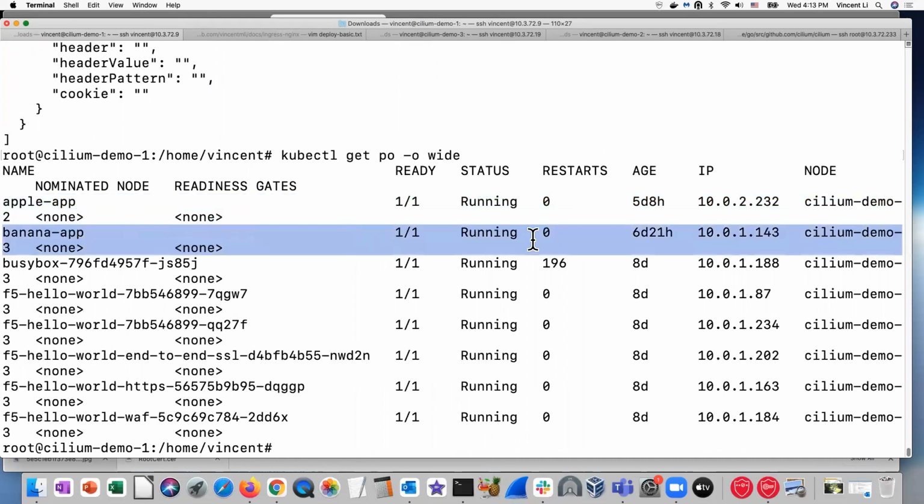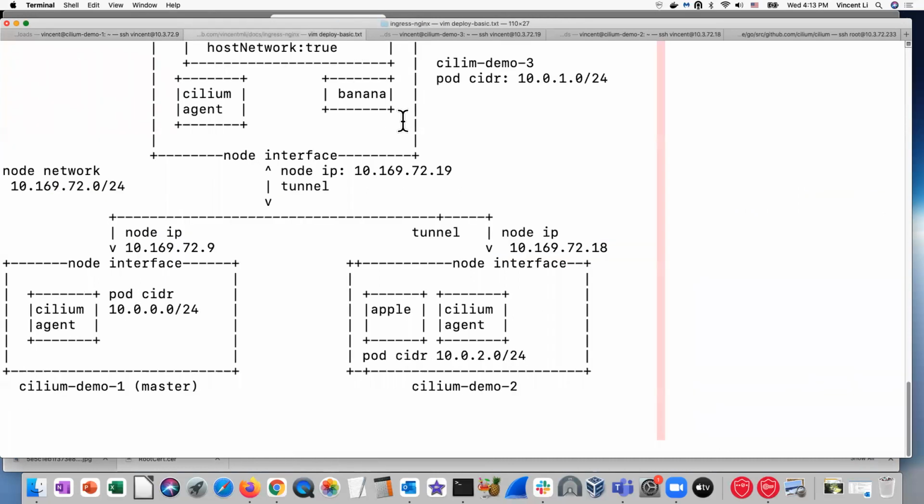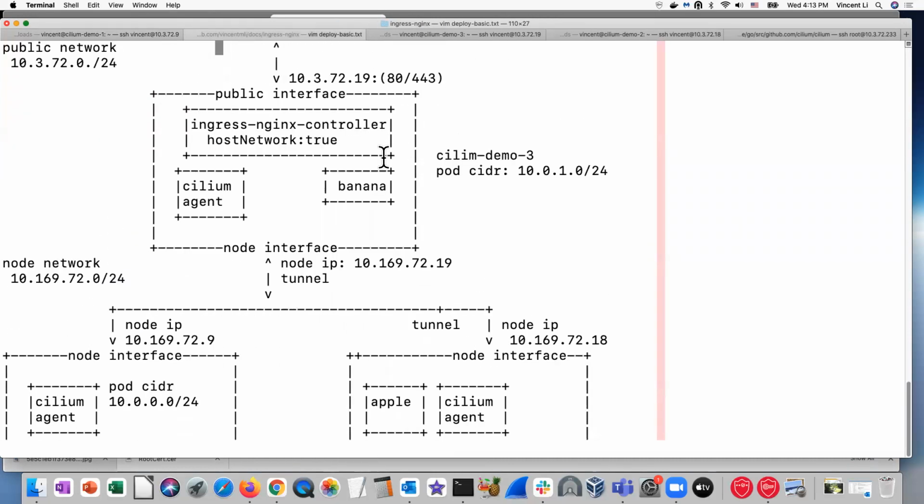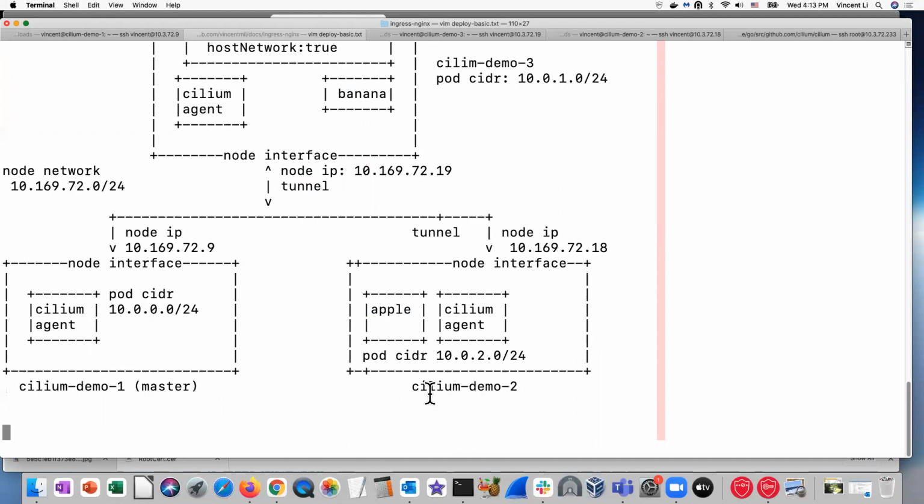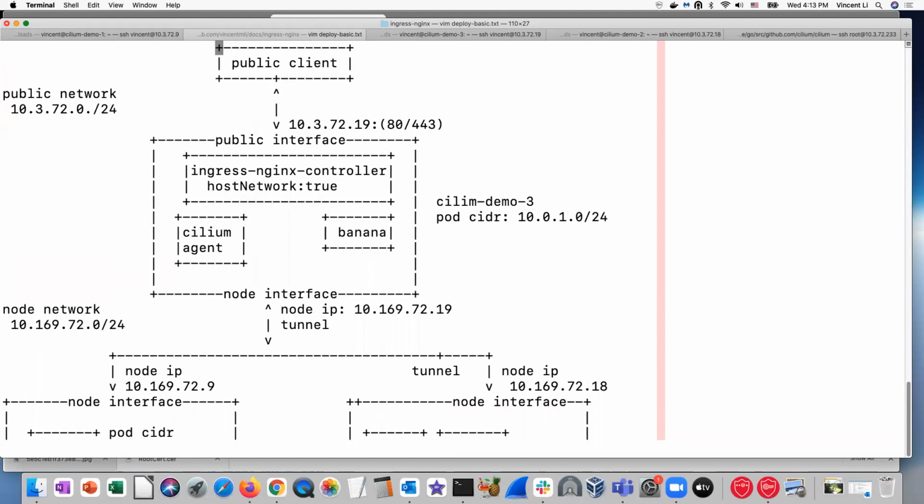That's the banana pod here on the third node. Right? So it matches this diagram. Banana on the third node, apple pod on the second node. So now I can do a client request